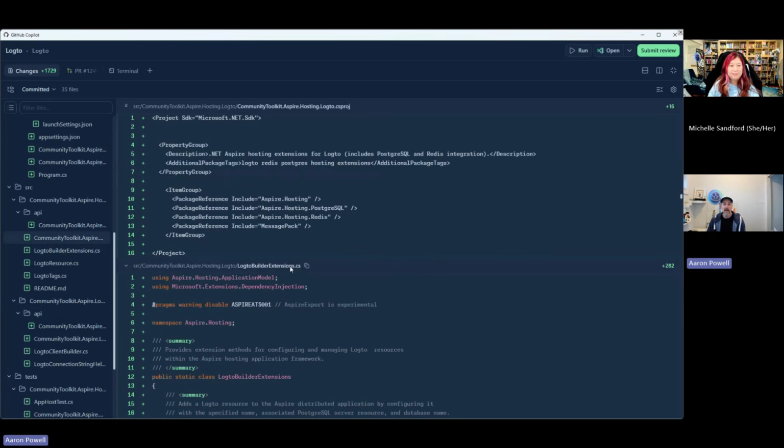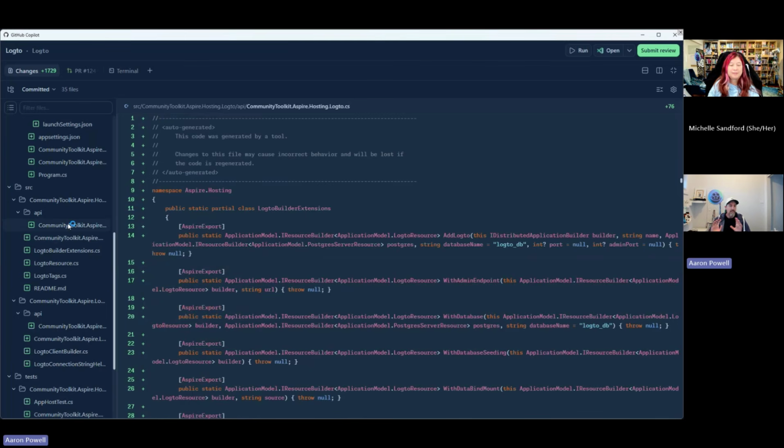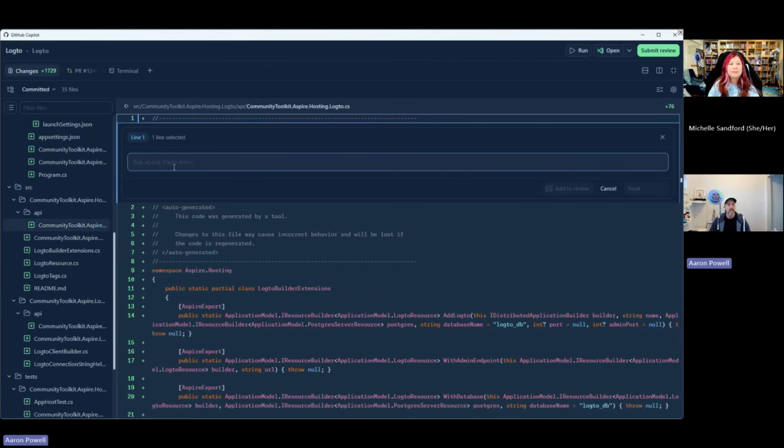Let's say that this file here, for example, is actually an auto-generated file, so it doesn't need to be contributed as part of the pull request. So what I could do is click here, and say this file doesn't need to be added. It's generated. Delete. So I've selected a section of the file, or I could drag, select, and select multiple sections of the file. And now when I hit